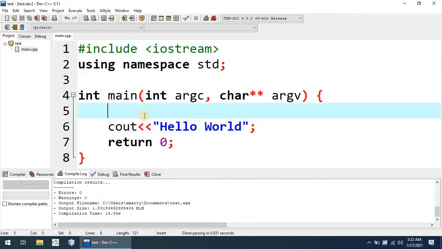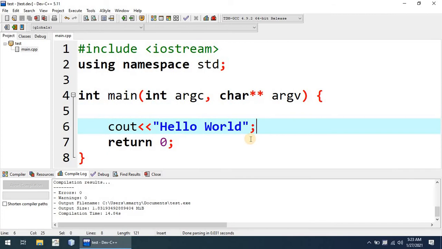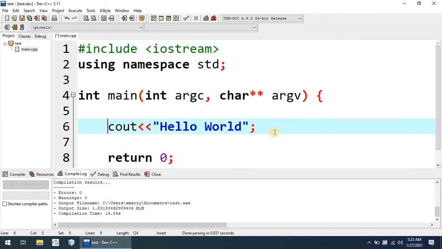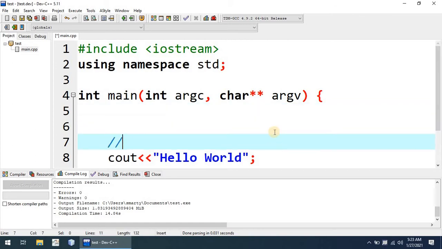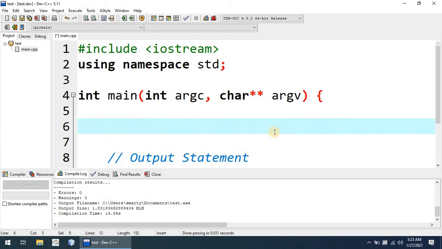We can also write input statements, assignment statements, variable declarations, control structures, functions, templates, and furthermore object-oriented programming, which we will discuss later. Now today we will only discuss the other statement that is called the input statement. This is called the output statement, and later we are going to discuss the input statement.